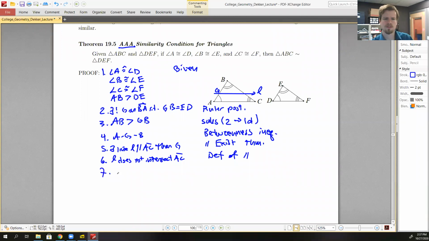So then we have that L intersects BC, we'll call it at point H, and that's by Pasch's theorem, or Pasch's axiom. So we'll call that point H. All right. Once we're there,